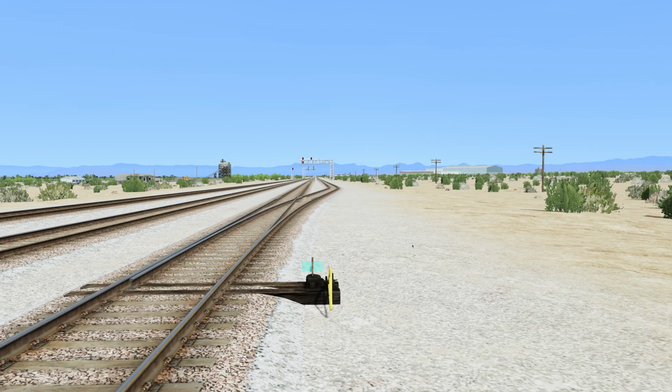I'm now looking eastbound, and you can see the Kingman Industrial Park in the distance there off to the right. And this switch right in front of me will route us off the main line into the industrial park entrance. So if I flip this switch,